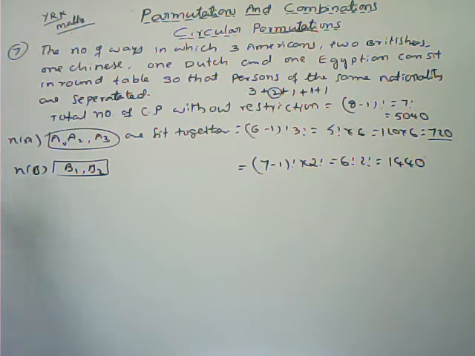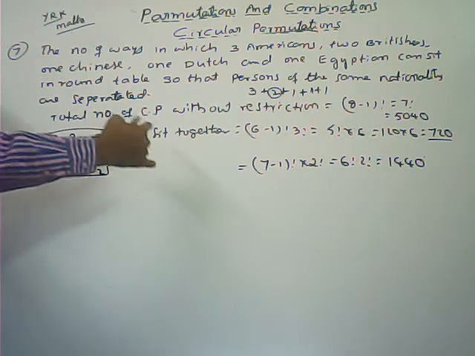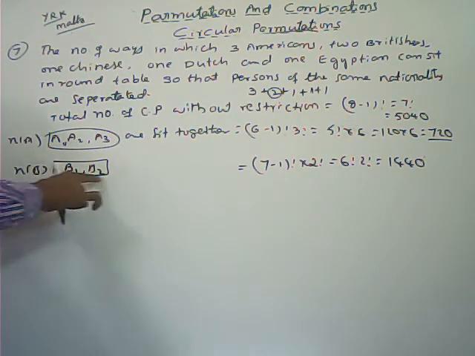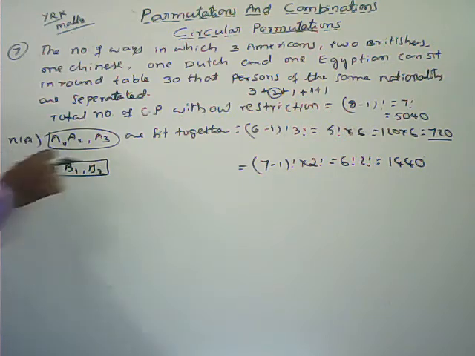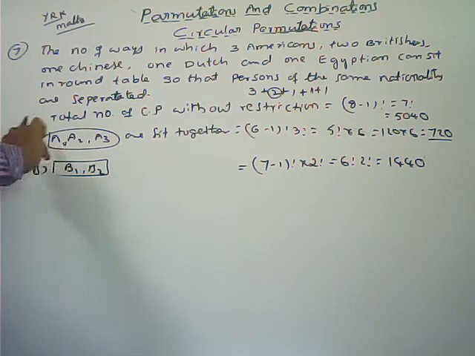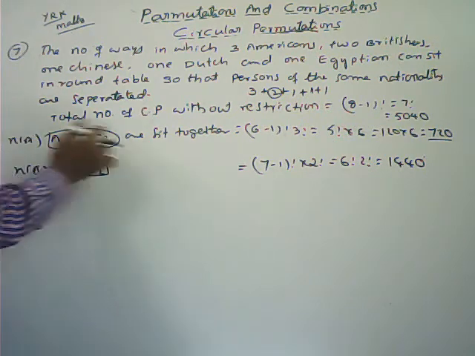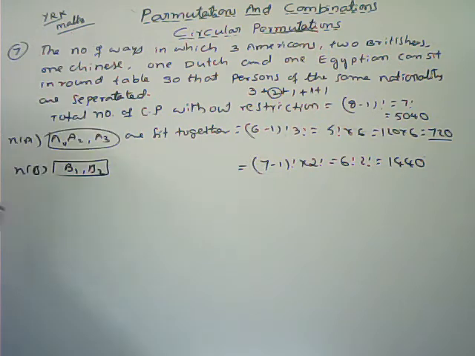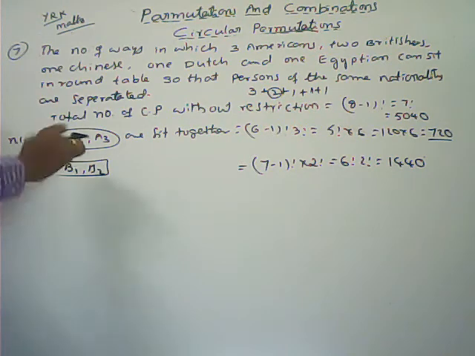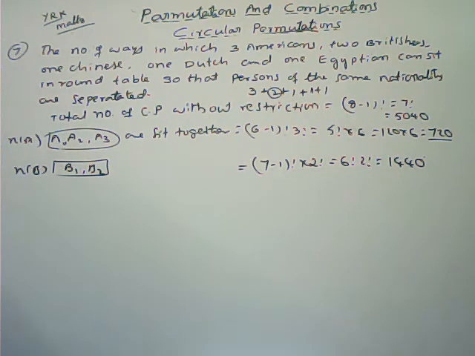Now, in this arrangement, both the Britishers can sit side by side. In this arrangement, here only B1, B2 have been taken. These two sit together. In this arrangement, all the Americans also sit together in some circular arrangements. All the three Americans can sit together also. So here B1, B2, here already I found that one. But in this arrangement also B1, B2 is included. In this arrangement, A1, A2, A3 also included. So A1, A2, A3, B1, B2, these are repeated twice. So one time you have to subtract.